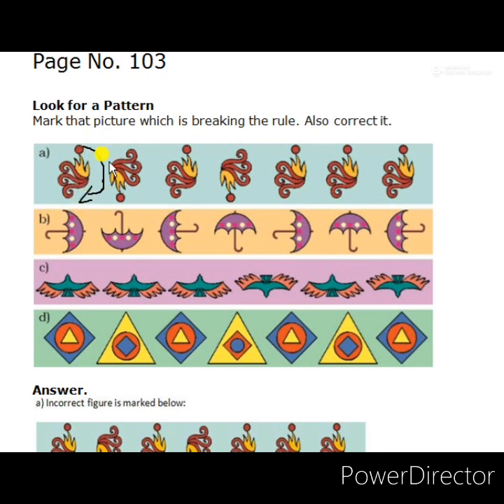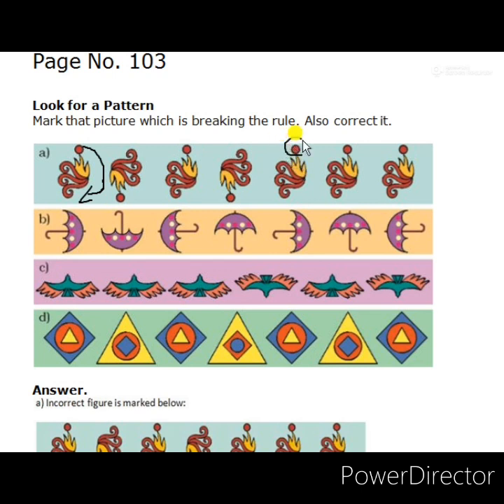Now see the fourth figure. Here the fourth figure is also following the same rule, half turn showing. One figure on the top side, second on the down side, third on the top side or upward direction, and fourth will be the downward direction. So if it follows the same rule, what will be the next position? Then the fifth figure should be in the upward position.